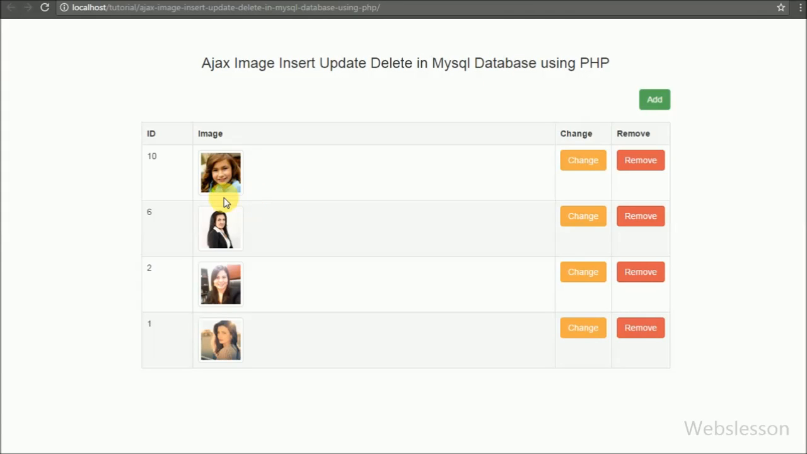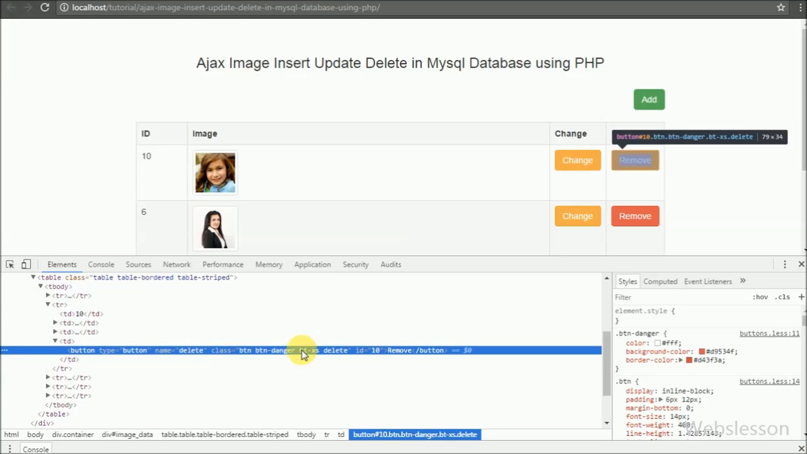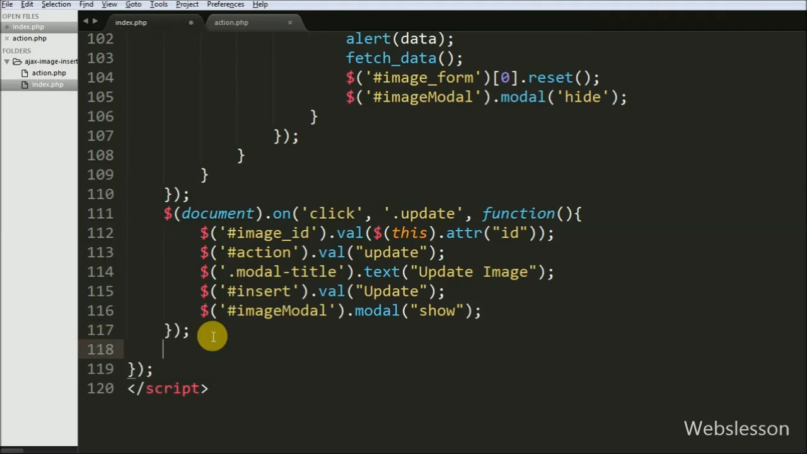Now we move to write code for deleting an image. So here in the delete button we have defined the delete class name, and in its id attribute we have stored the image id. So in the jQuery code we will use .delete as the selector, and from this button's id attribute we will fetch the id of the particular image. Here in the jQuery code we have written $(document).on() method, and under this method